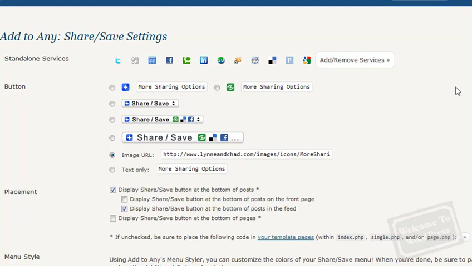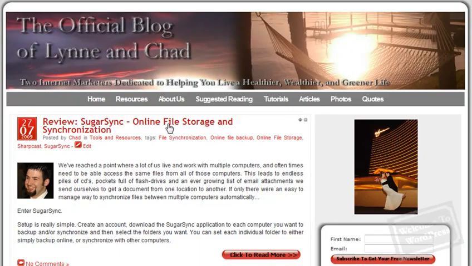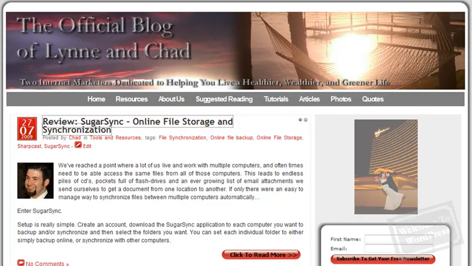One of the big issues that I had when looking at different sharing plugins was that it seemed kind of like an all or nothing thing with most of them. You could either have a button that pulled a menu of a million different services, or you could have individual buttons. And I felt like there should be the best of both worlds, and I found that with AddToAny. I pull up my actual blog here and go to a specific post. You'll see that I have both